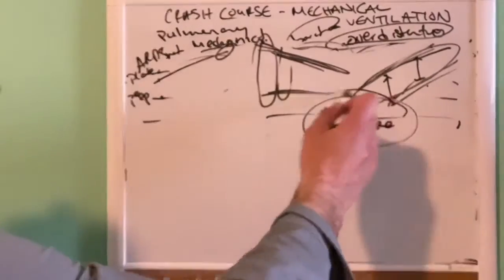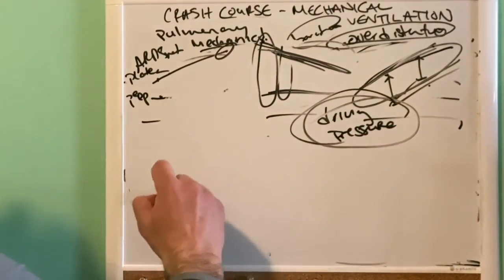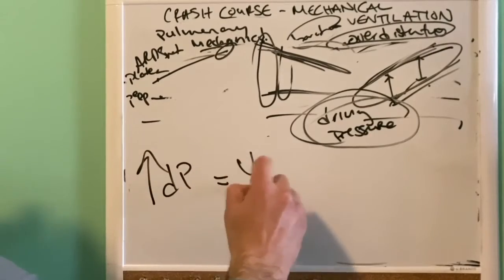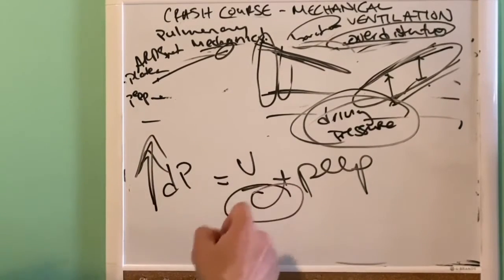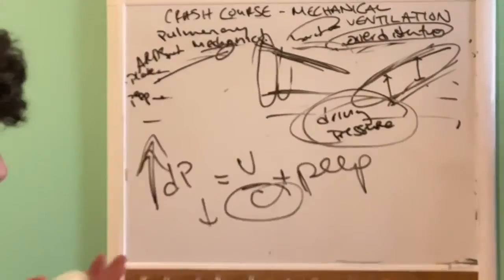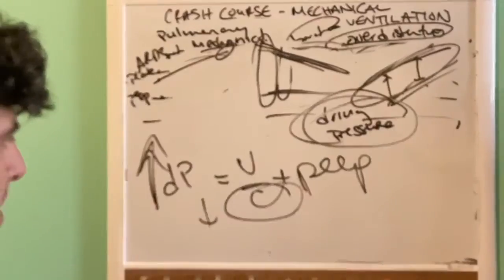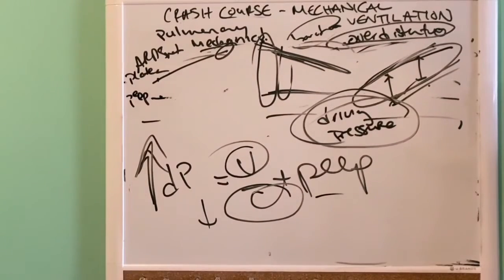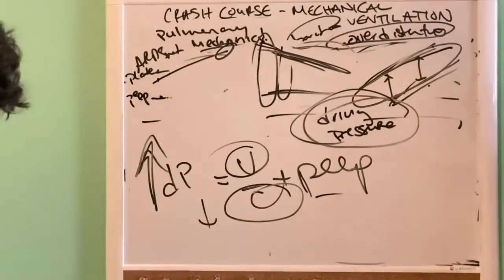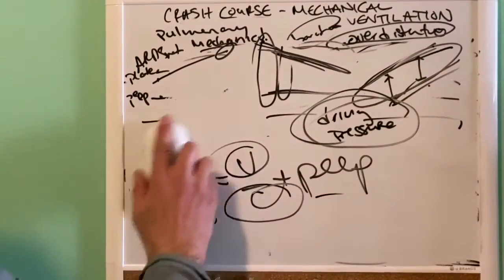Now, one can argue that obviously, if your driving pressure is higher, all right, and remember, driving pressure is volume over compliance, plus PEEP, all right. So if your driving pressure goes up, then it must suggest that your compliance is going down. So one could argue, well, it may not be the ventilator settings we set. It could just be that the sicker lungs obviously require higher driving pressure to achieve a certain volume at a set level of PEEP. So in one sense, you could be saying that the sicker lungs had worse mortality, which some people may say is obvious, but